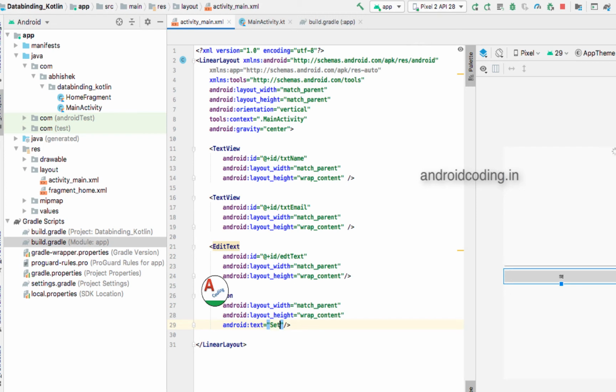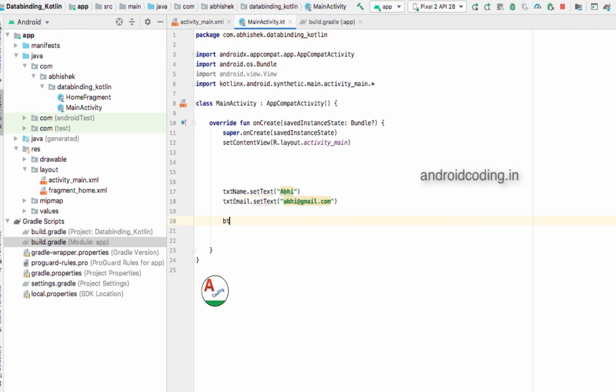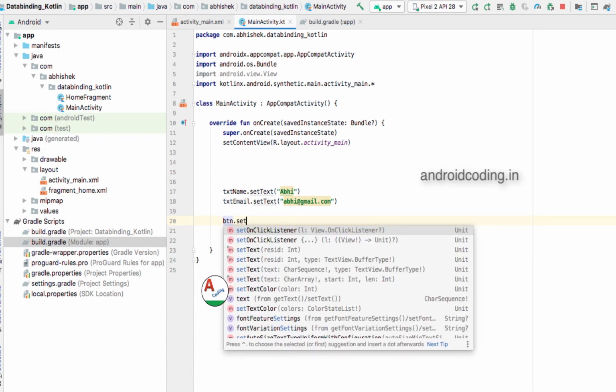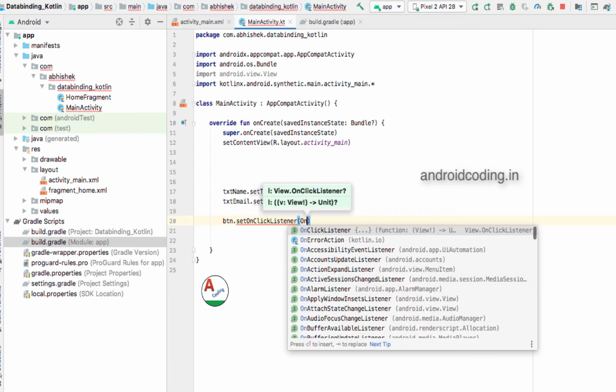So set text. Here we will initialize the button, and you can see it's showing in suggestion. Just like when we use on, yeah, you're also seeing on click listener here, on click listener.